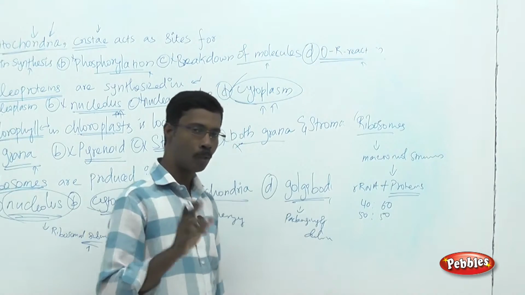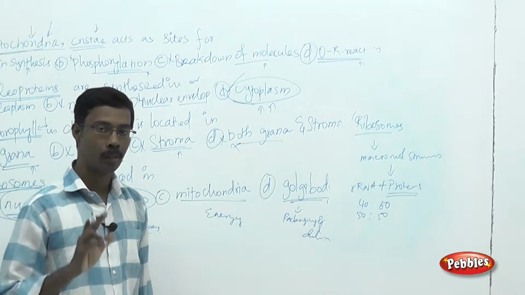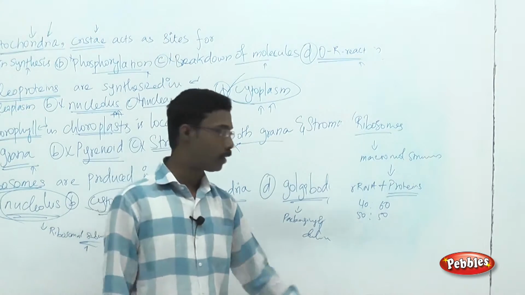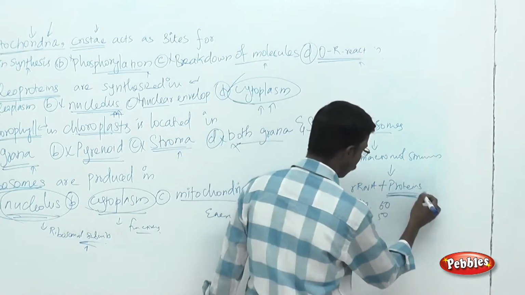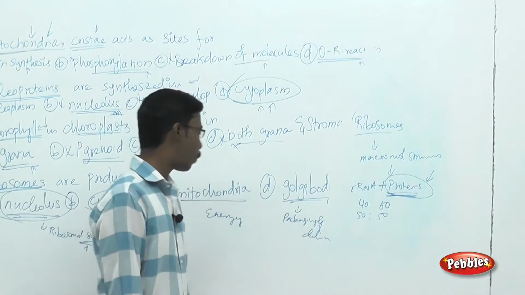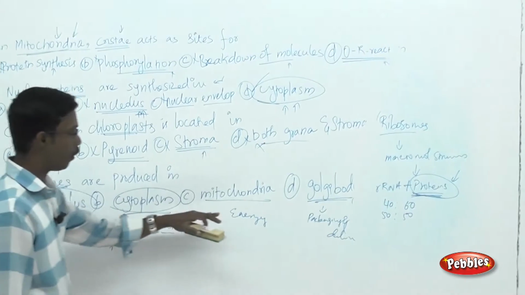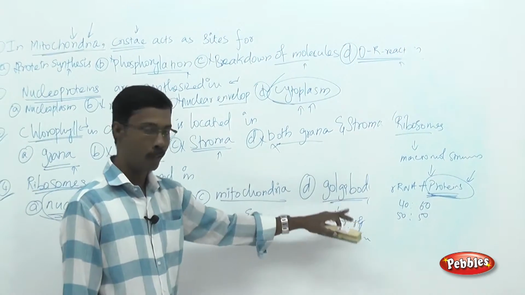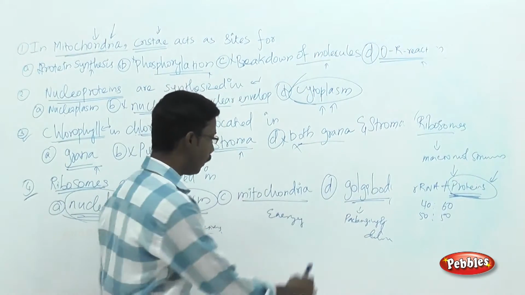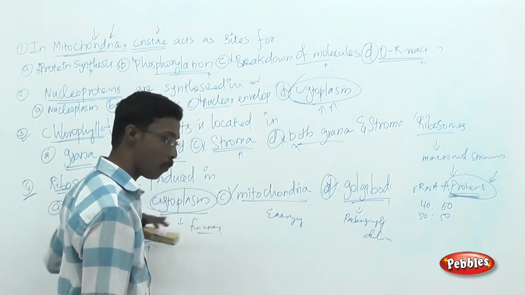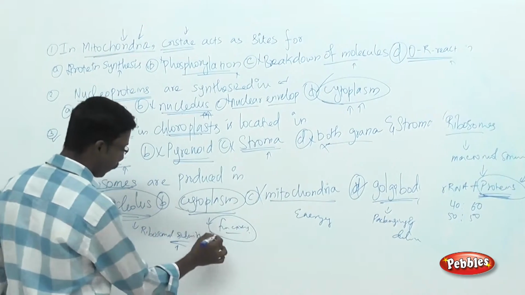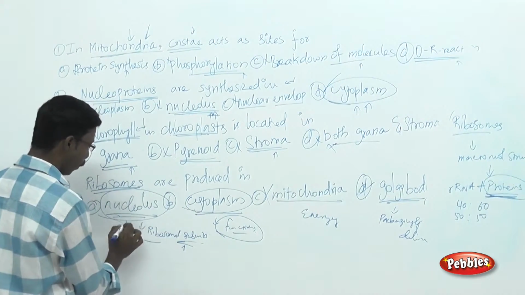Whenever you are thinking about protein synthesis, you have to remember the area, the cytoplasm. Cytoplasm is the site for protein synthesis. So you may get confused: whenever you see the term proteins, you associate your answer with the cytoplasm. You have two choices over here. We have eliminated mitochondria and Golgi bodies, because Golgi bodies are involved in packaging and moving, and mitochondria in energy production. So you can easily eliminate these two choices. Now you have the remaining two choices, cytoplasm and nucleolus. The answer might be cytoplasm or the nucleolus.